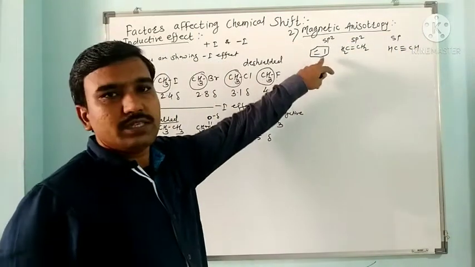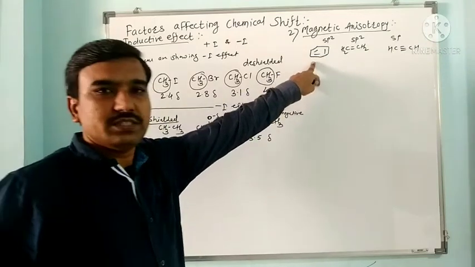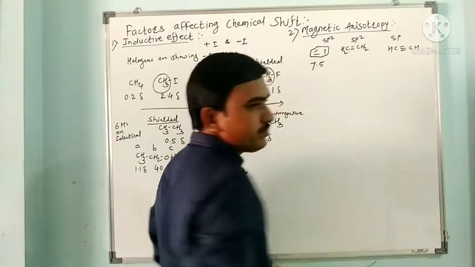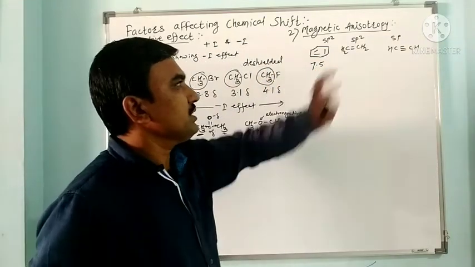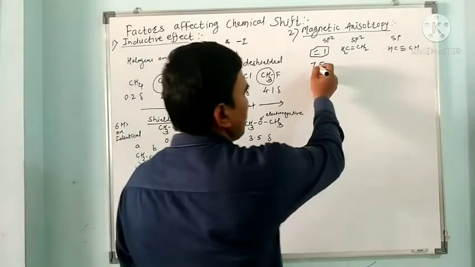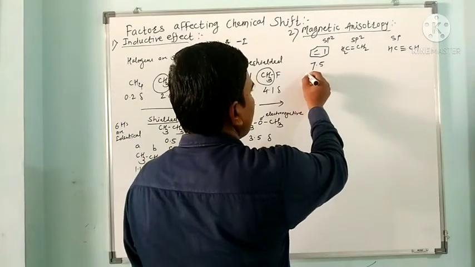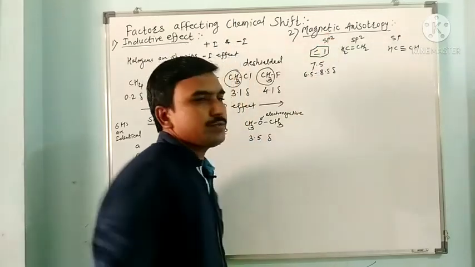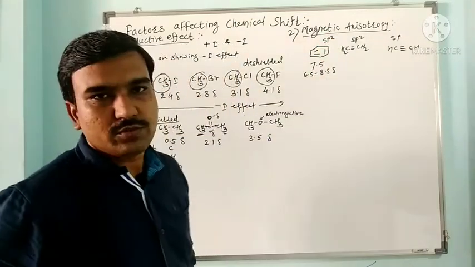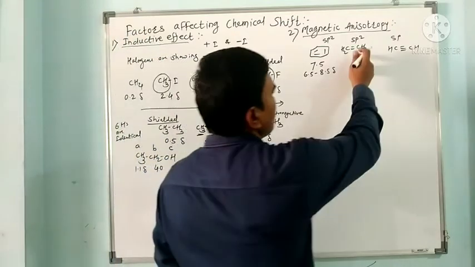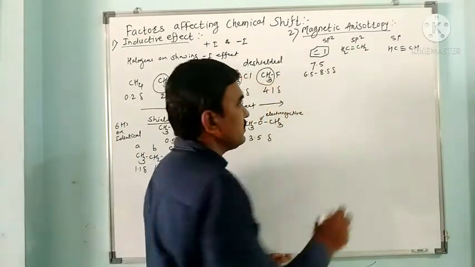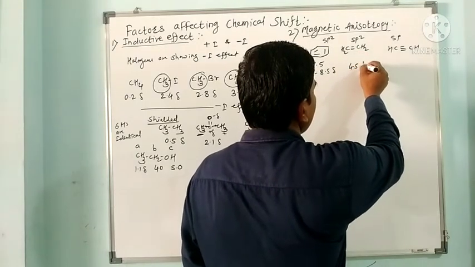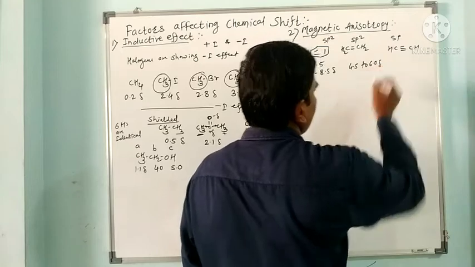Now if you see the chemical shift of protons in benzene or aromatic systems, it is around 7.5 delta. The chemical shift of these aromatic protons ranges from 6.5 to 8.5 delta, depending on the various substituents. So this is the range of aromatic protons, these are highly de-shielded. Now the chemical shift of ethylene, or the olefins, is around 4.5 to 6.0 delta.